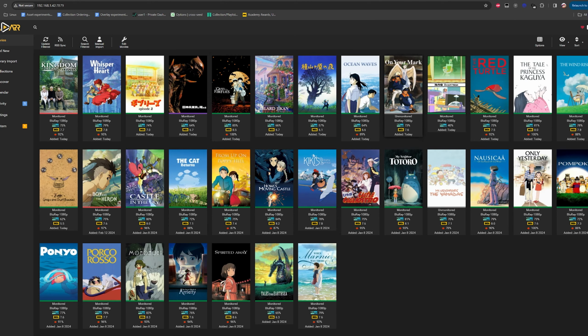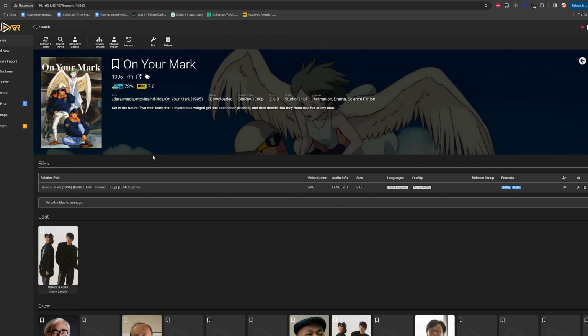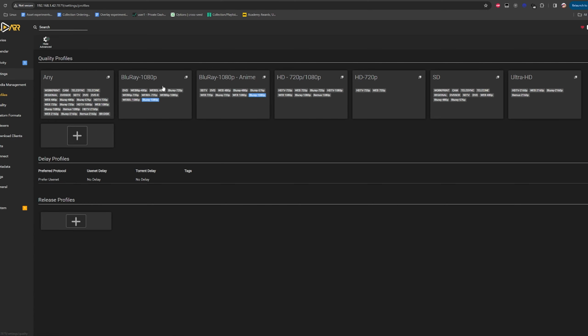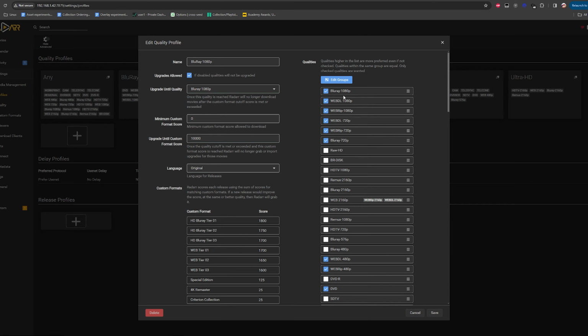So here, for example, you see On Your Mark, this movie here, I've unmonitored it because I grabbed a Remux 1080p, whereas my profile is usually only set in terms of Blu-ray 1080. It's only the highest should be Blu-ray 1080p. There is no Remux 1080p is all the way down here, and it's unselected. So as you can see, either I could bring it all the way up, which is something Trash Guide recommends. Well, actually, they don't recommend this. They recommend whichever one you want should be all the way up. So in this case, Blu-ray 1080p. But you can certainly do it this way, and then it won't.